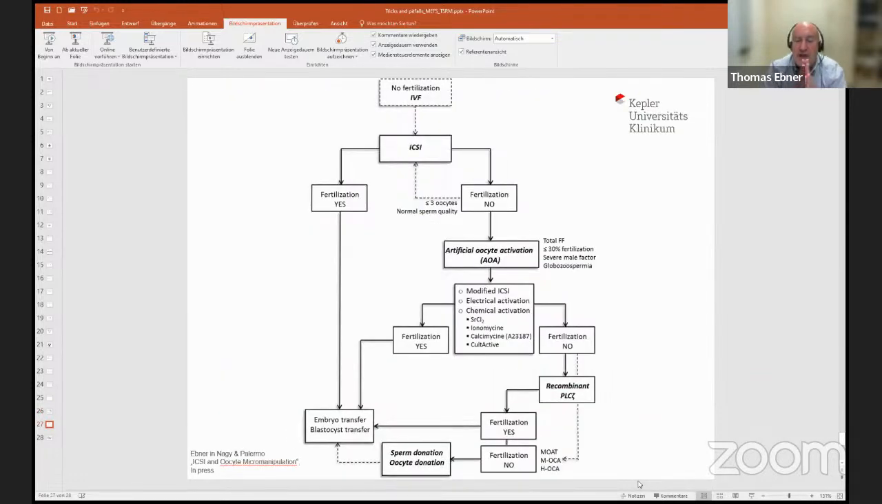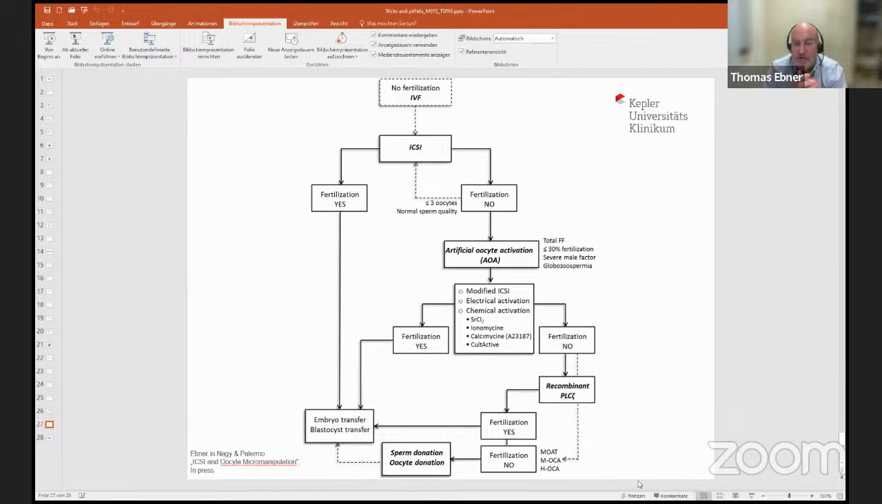And last but not least, I'd like to show you this slide, and this is what I would recommend, the flow chart. If a patient has no fertilization with conventional IVF, of course, all of us would do ICSI, or most of us would do ICSI. And if with ICSI you have no fertilization, then it depends on the number of oocytes. If you have 1 or 2 oocytes, well, then it can happen, of course. But let's consider we have 5, 6, 7 oocytes, no fertilization at all. Then you have to do any type of artificial oocyte activation,